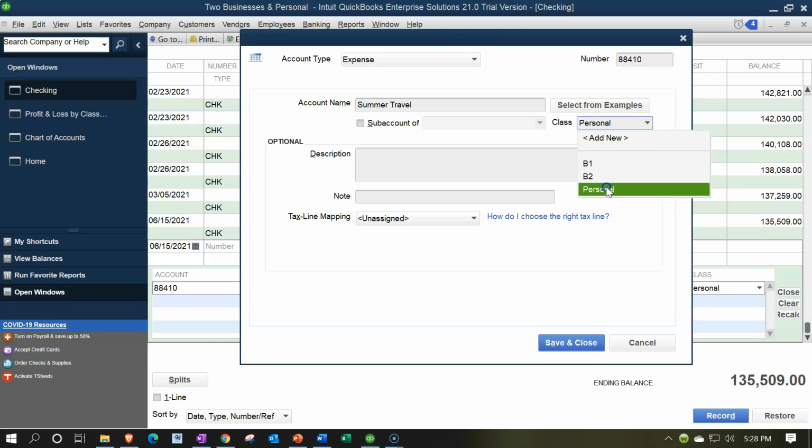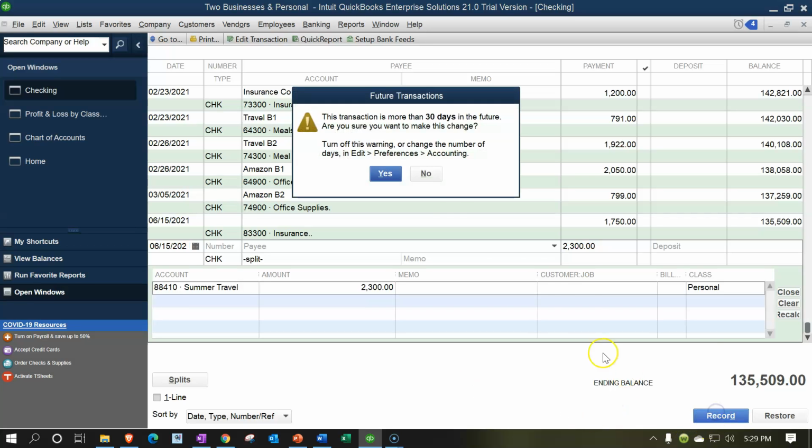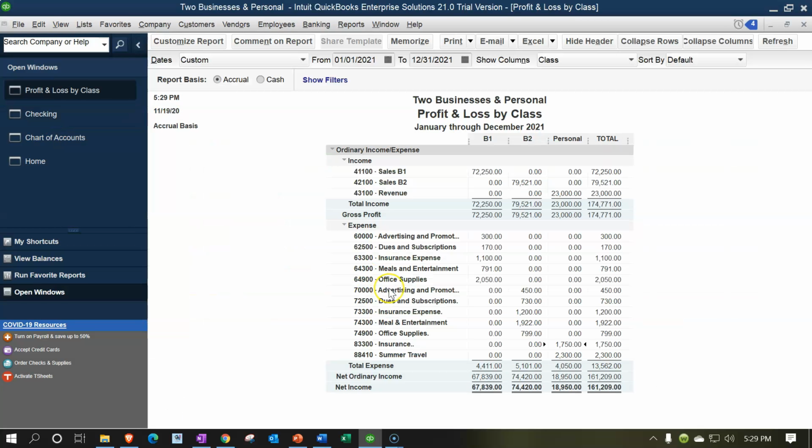And so I'm going to put it into personal here. And then I'm going to say save it and close it. And then let's say we put 2300 into our travel here. And so there we have it. So now I'm going to say record that, save it, record it. And then if I go into my profit and loss, so if I go back into my profit and loss,